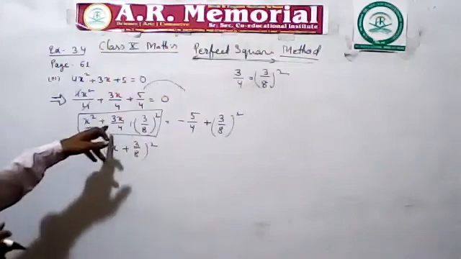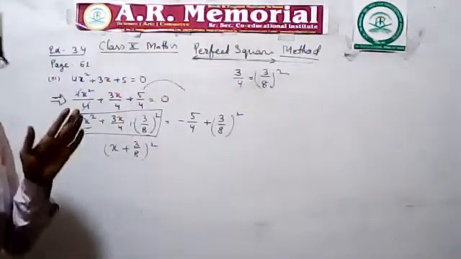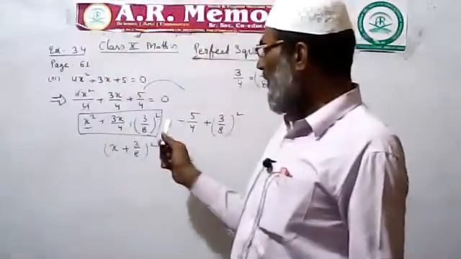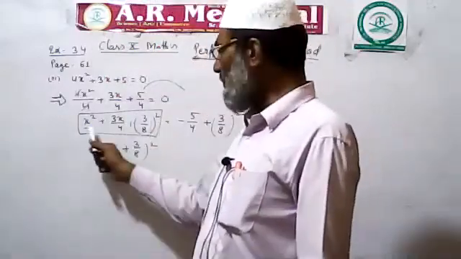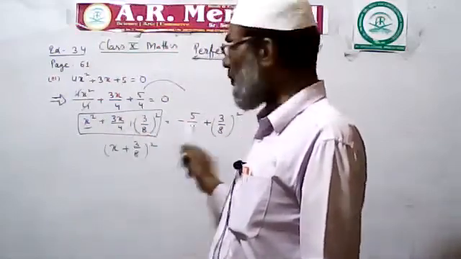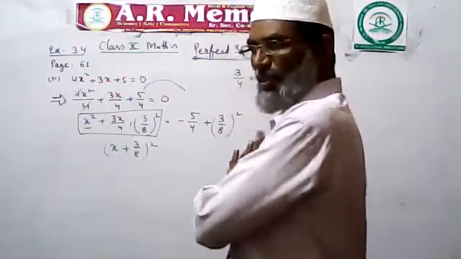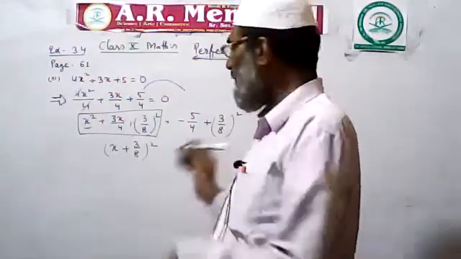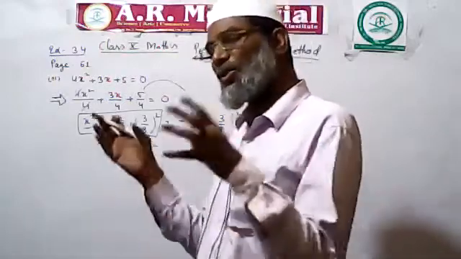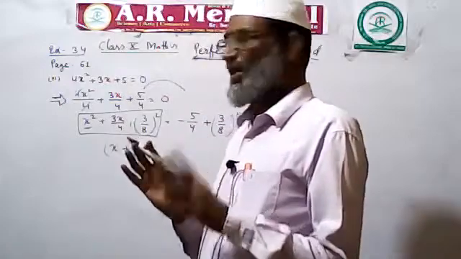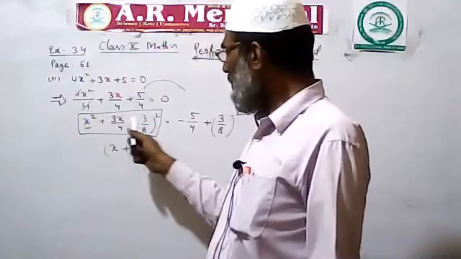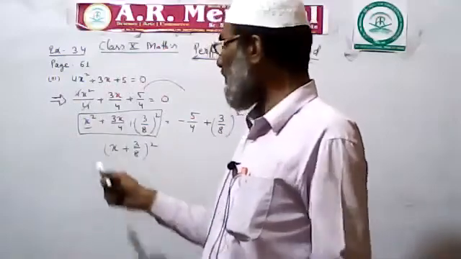Sir, where does this one go? This is the scientific way. If two terms are there, we add the square of half of b on both sides. This is the arithmetic calculation. But in this way, the first and second terms automatically go to a whole square, a perfect square. If we add the square of half of b, all three terms go into the whole square of the first one and last one.